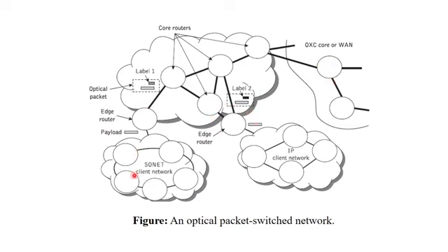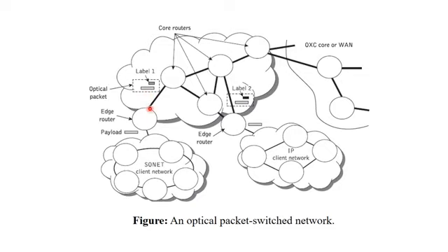Now let us consider some transmission happening from this point towards this point. In such a case, the packets, what we call the payloads from the network, will reach the edge router. This edge router is going to identify what must be the immediate next destination through which that packet can be forwarded. Based on that, this edge router is going to put a label. That label holds the address of the next immediate destination. Therefore, now this is an optical packet.